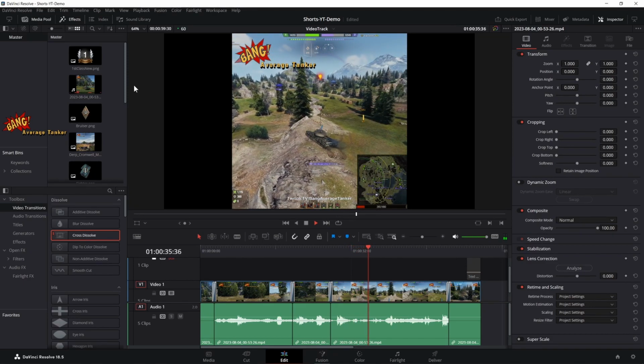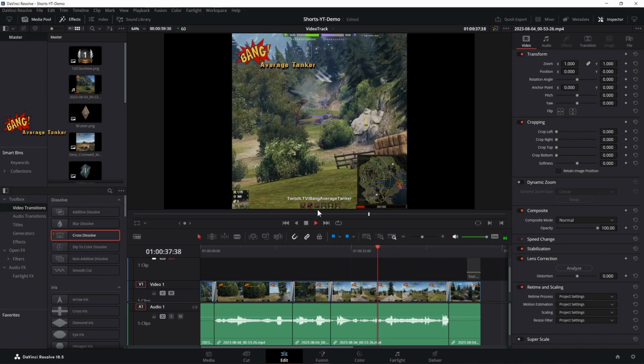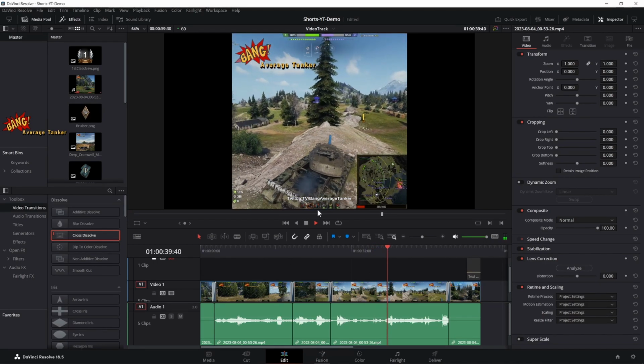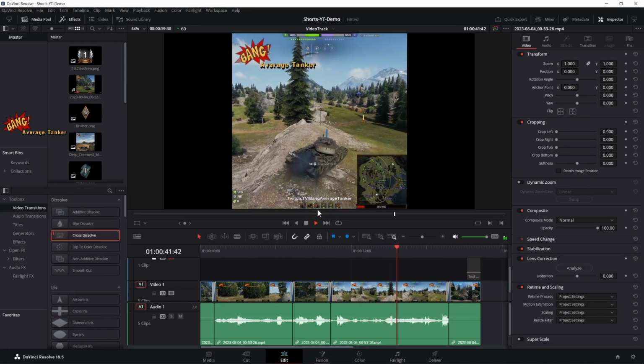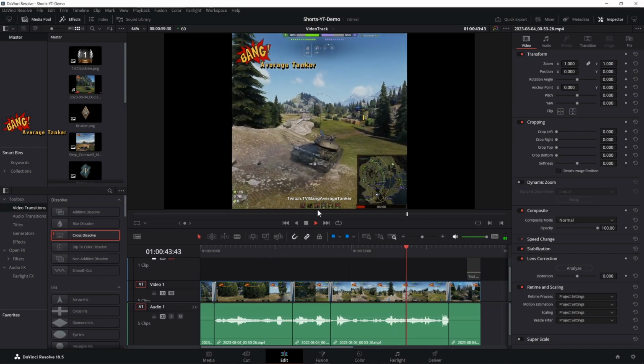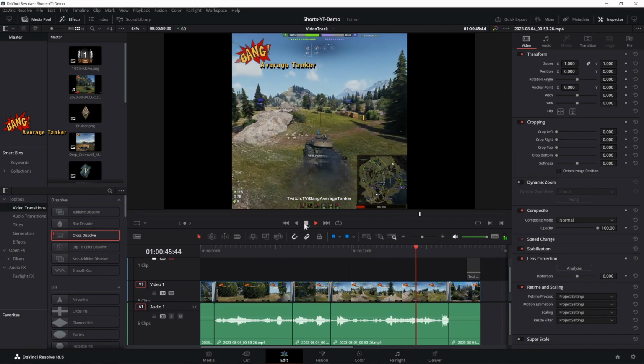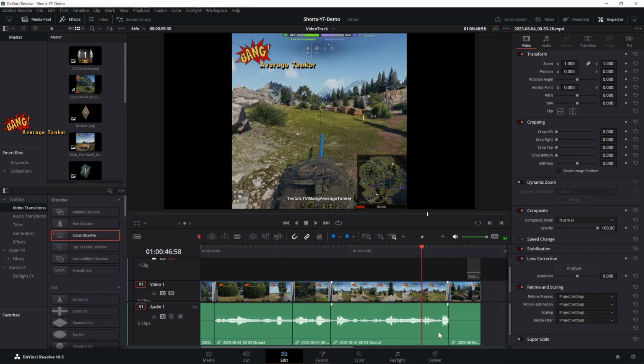So what we need to do now. Once we look at it and we're happy that this looks right, the audio works, we're not being an idiot, and we've not missed out big chunks of the game, we go to deliver,